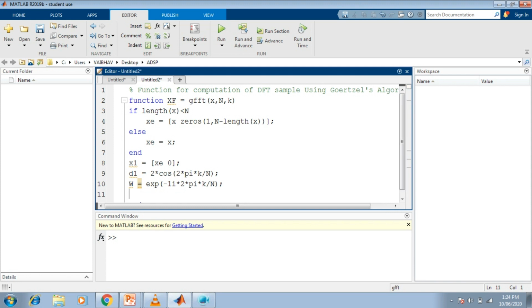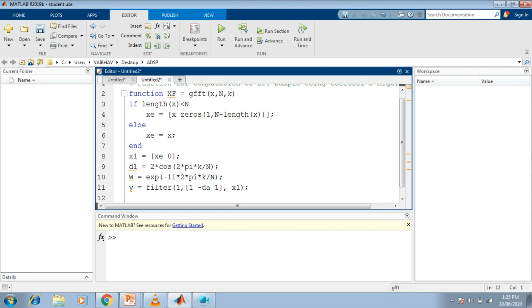Now next to that we have y generated by the use of the filter function operated over 1 comma the array that holds the values 1 minus d that we have defined, the negation of it, so d1, and next to that 1 comma we have x1, and we end it with a semicolon.